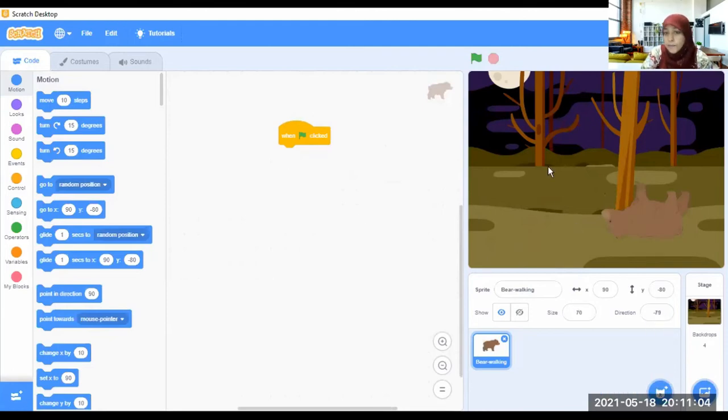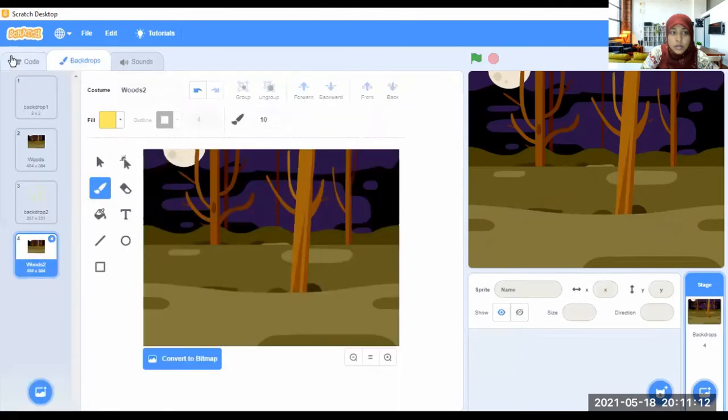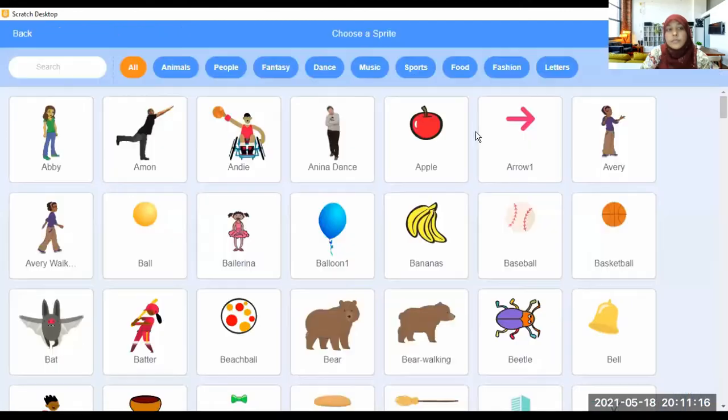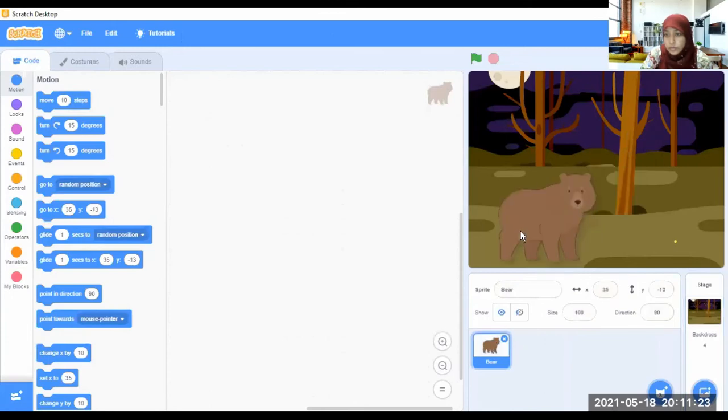What are looks? Looks mean, let's change this sprite.